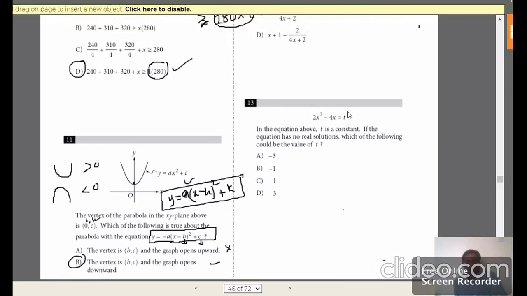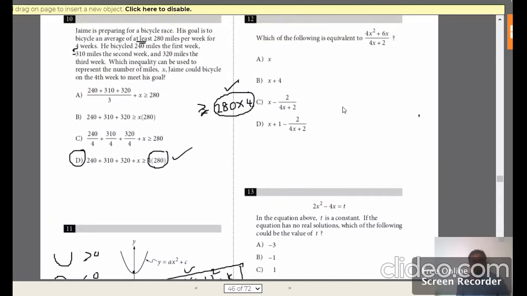Moving on to the next set of questions that we have, 12th one. Which of the following is equivalent to (4x square plus 6x) by (4x plus 2)? Among this, we need to just work. So remember, these two options go out because equivalent it said. So we don't have the fraction over here, so it goes out. You can quickly check. Now among this, which one is the option is 4x plus 2 in the denominator, 4x plus 2 in the denominator. But you just have to check where you are getting 6x.